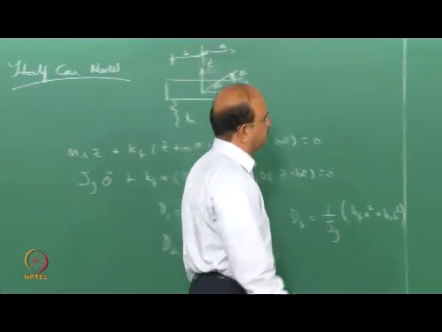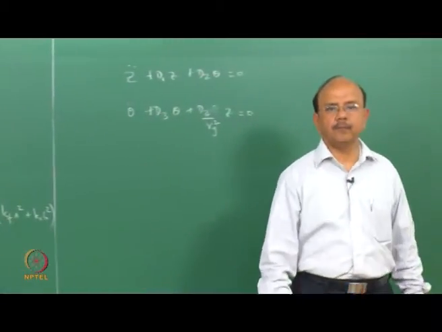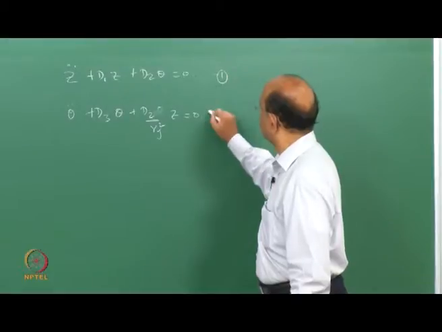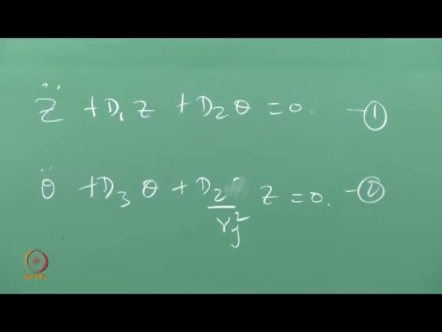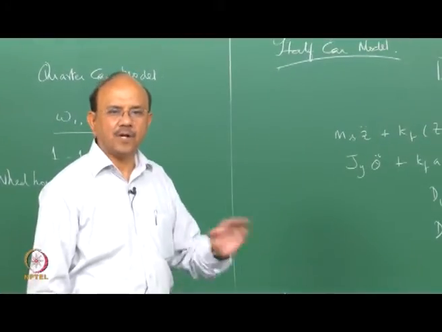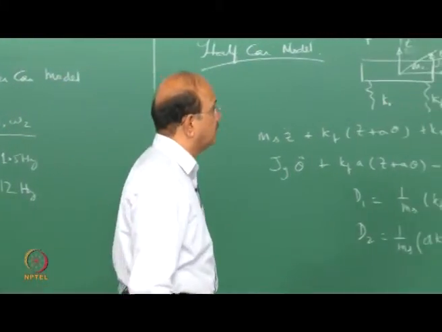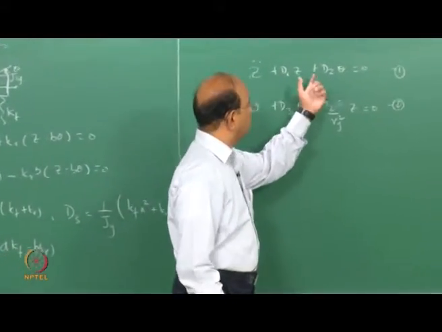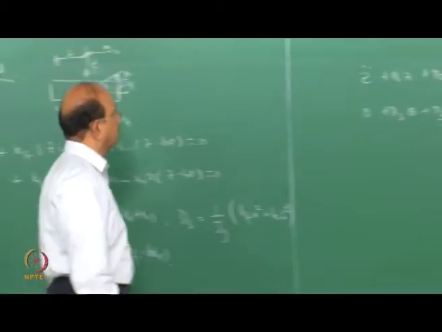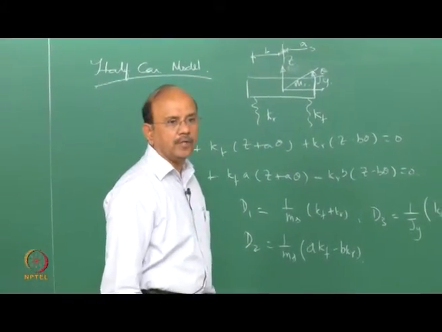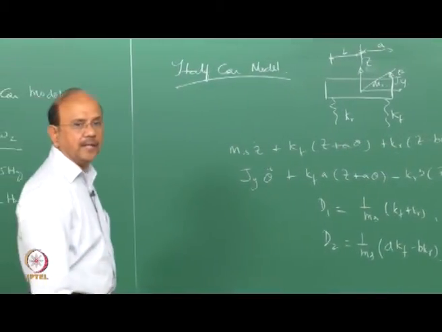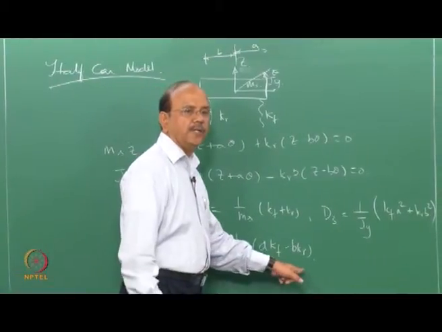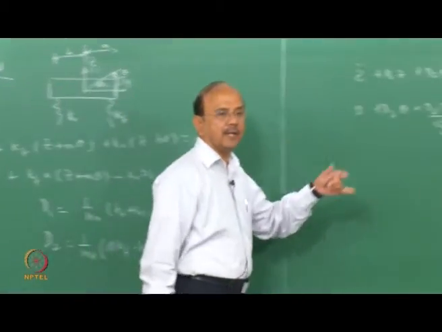Look at these two equations. Obviously, it is coupled, because, let's call these 1 and 2, both the equations have the z and the theta term. If this were to be uncoupled, which I said is not a very desirable quality, what is it that I should do? If I put D2 equal to 0, obviously both these equations get uncoupled, which means that A into Kf is equal to B into Kr, then these two equations will get uncoupled.